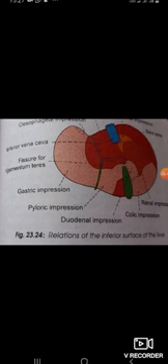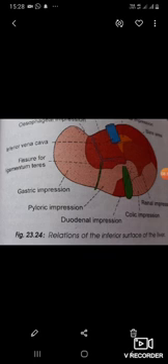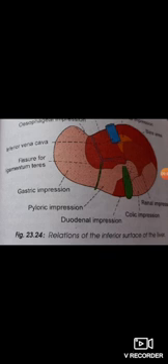The superior surface is quadrilateral and shows a concavity in the middle. This is the cardiac impression. On each side of the impression, the surface is convex to fit the dome of the diaphragm. The diaphragm separates this surface from the pericardium and the heart in the middle, and from pleura and lung on each side. Now, inferior surface.